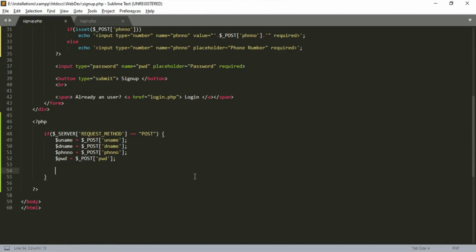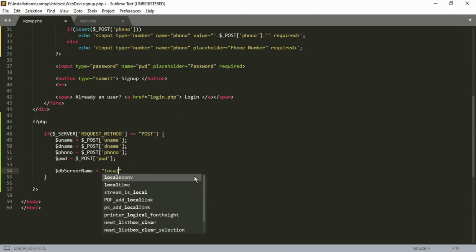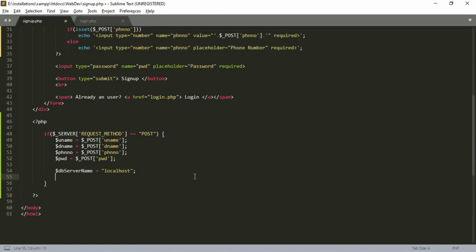We first need the server and database details. Server name is localhost. DB username is root.